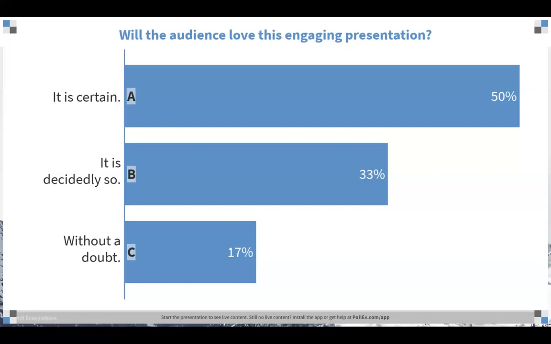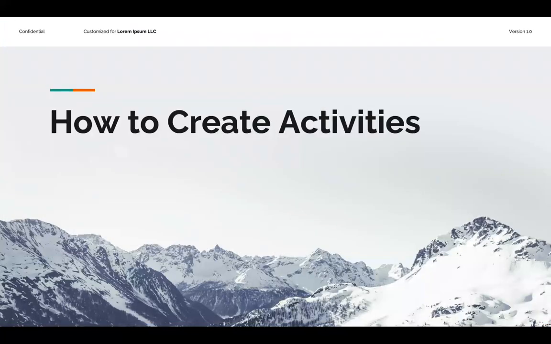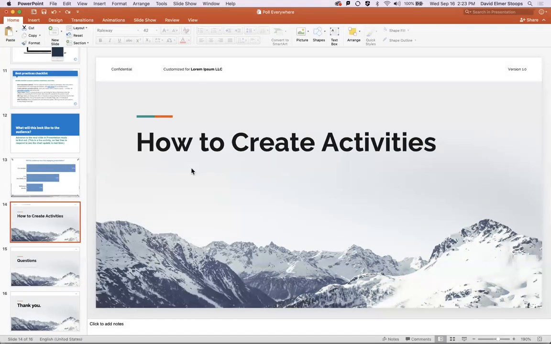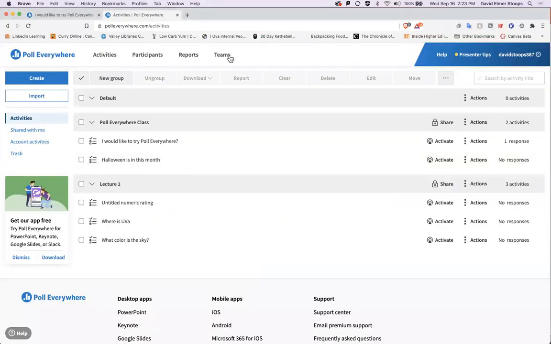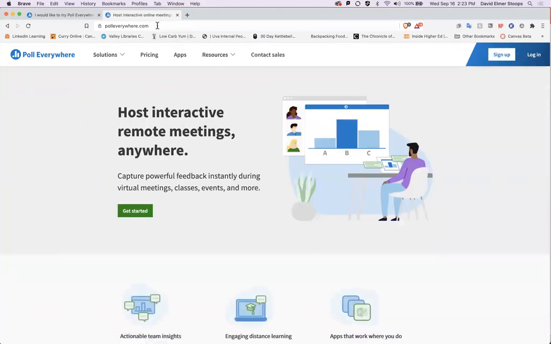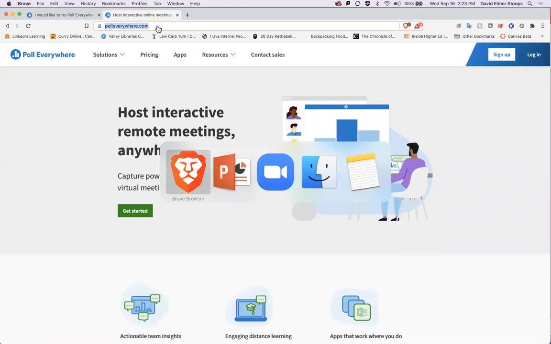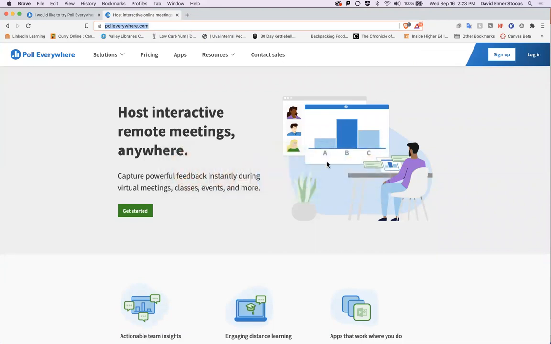All right, well, let's go and create some activities, and feel free to follow along as we transition into this piece. Let me log out of my account, and you're going to go to polleverywhere.com. I can put that in the chat real quick. Let me switch this over to everyone. polleverywhere.com is the URL. And when you click on login,